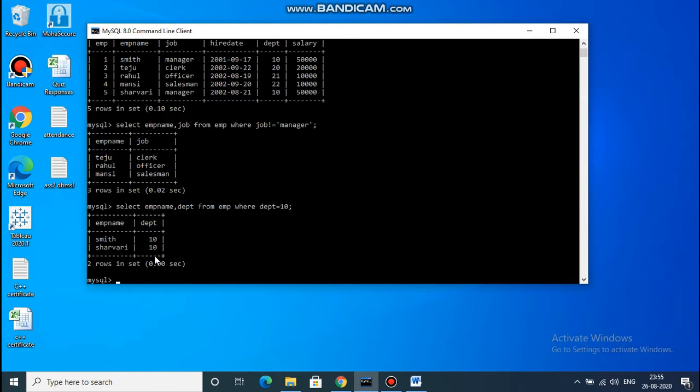You can see here Smith having department number 10 and Sharwari having department number 10. So we have displayed the employee name and department number which is equal to 10.